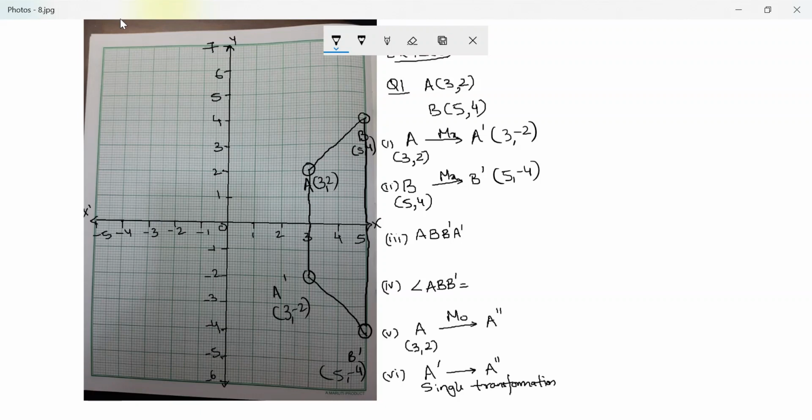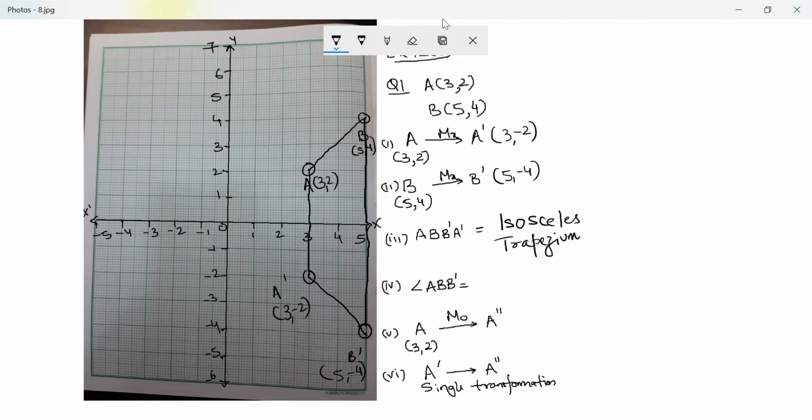These two lines are parallel, which is AA' parallel to BB', and AB is equal to A'B', which means this is a special type of trapezium, an isosceles trapezium. Here I repeat, if you need to write for a 3-line figure or a 4-line figure, you will need to specifically write what specific type of quadrilateral it is. Writing quadrilateral will not get you full marks.